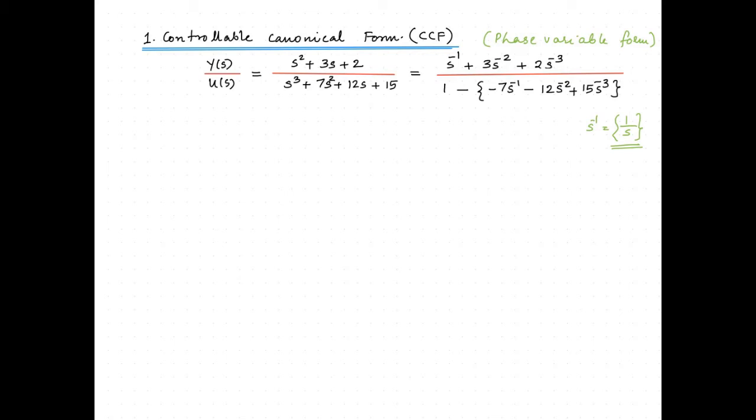Anyway, we will start with the function of s raised to minus 1. So here you identify the highest degree in the denominator, and divide the numerator and denominator by the highest degree. So you can see that it gets reduced to this form. Now what we do is we draw the signal flow graph with these integrators. Here if you look at the transfer function, you can see that the highest order is s raised to minus 3, which means that there should be 3 s raised to minus 1 terms. So let us draw 3 s raised to minus 1 terms.